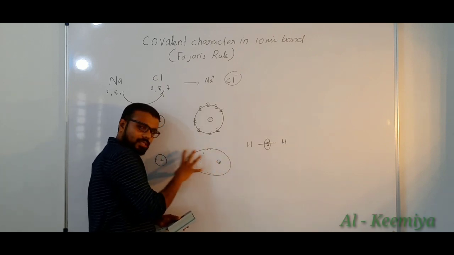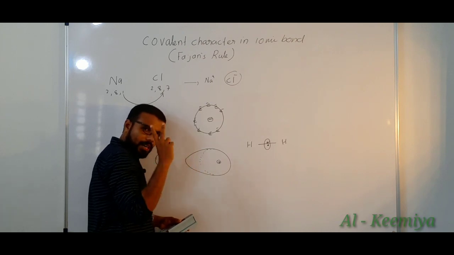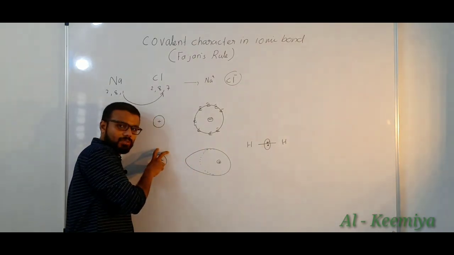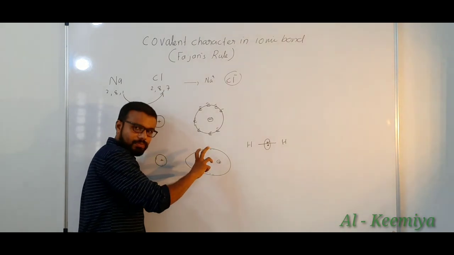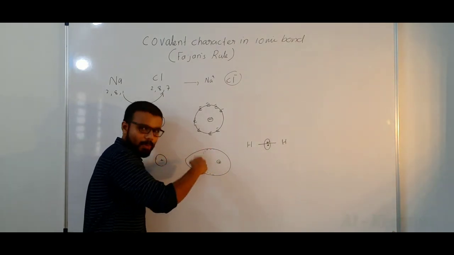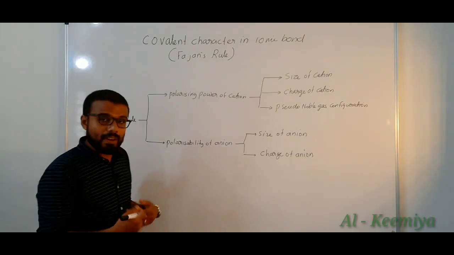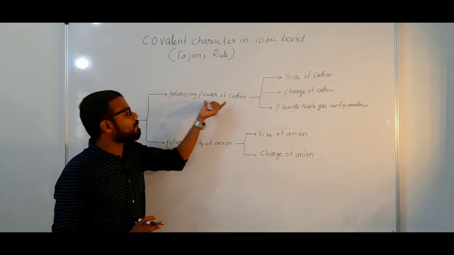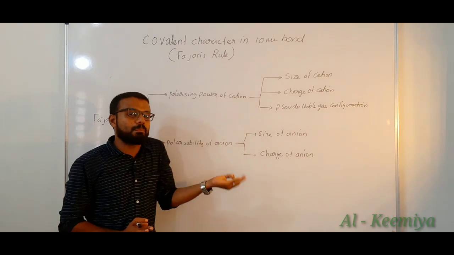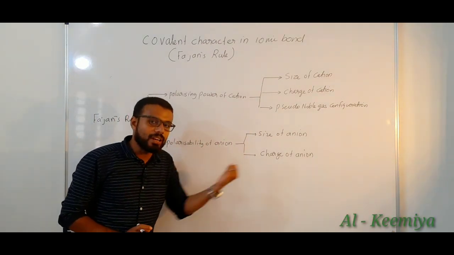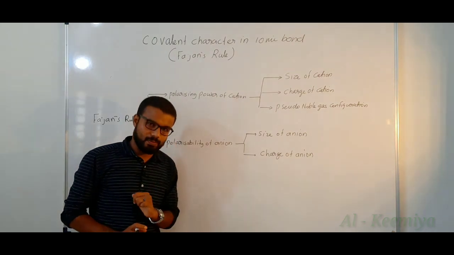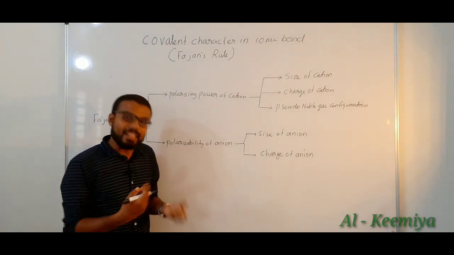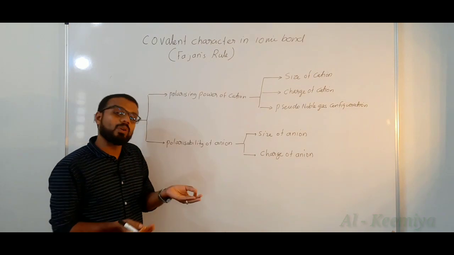So this distortion, or this covalent character, depends on two factors. First factor, polarizing power of cation. Second factor, polarizability, the ease with which an anion can be polarized, that is called polarizability. The covalent character of an ionic bond depends on two factors. First factor is the polarizing power of cation, that means the ability to distort the electronic cloud of anion. Similarly, the polarizability of anion, that means the ease with which the electronic cloud of anion